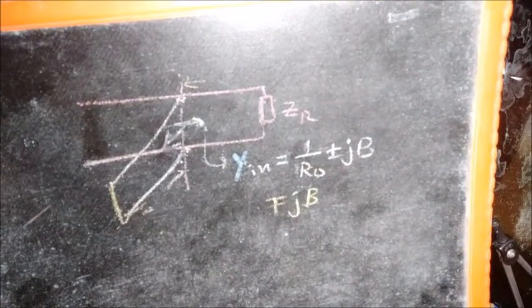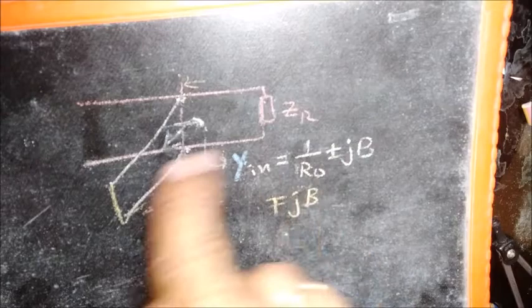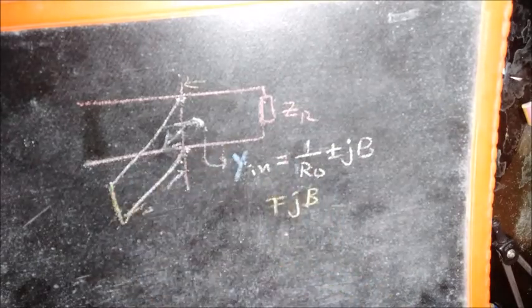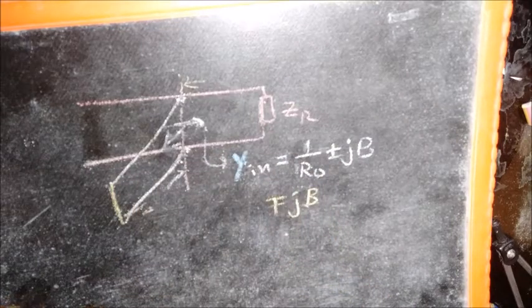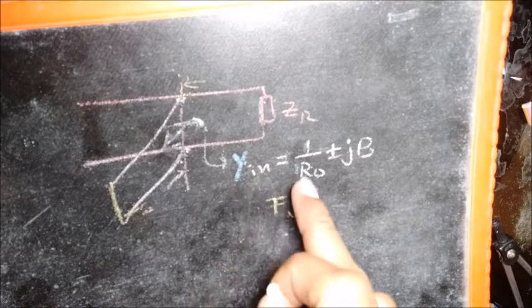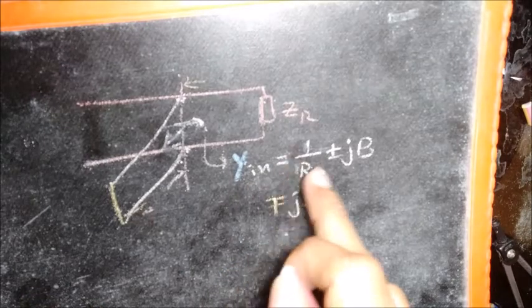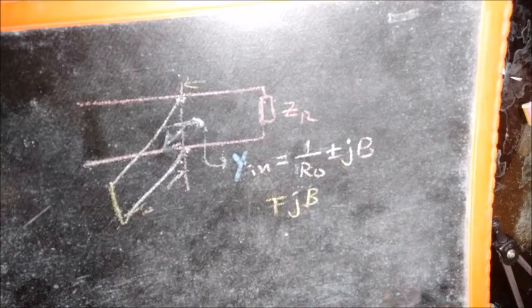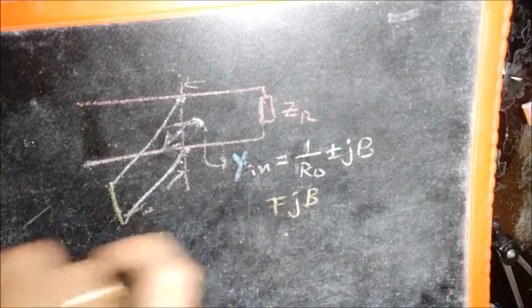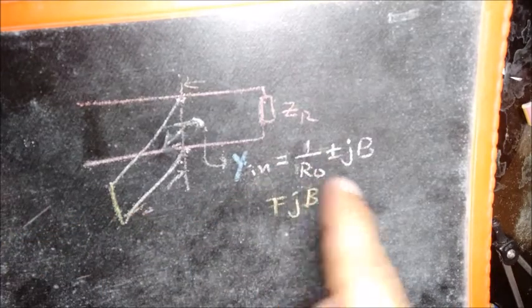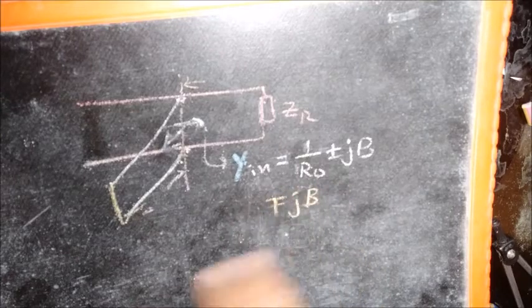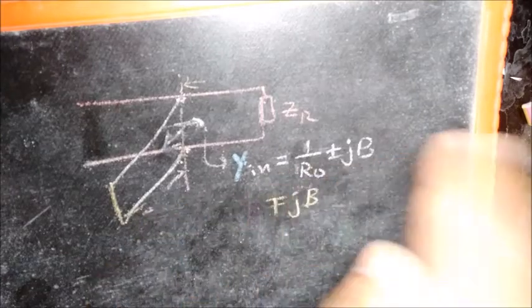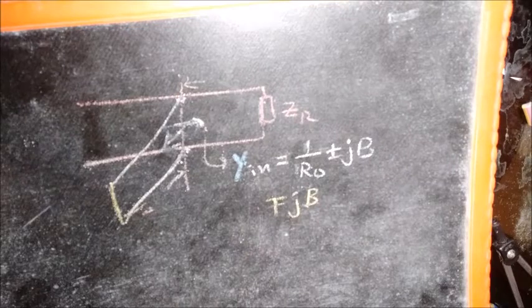So what we do is, since we have to deal with the admittance here, and of course when I normalize the input admittance, the real part becomes 1. So the normalization here is with respect to G naught. That is, you are dividing by G naught, which means you divide by 1 by R naught, which means you have to multiply this with R naught. Please remember that, because you are handling admittance here. So when you normalize with respect to the characteristic impedance, you have to normalize with respect to the characteristic admittance.